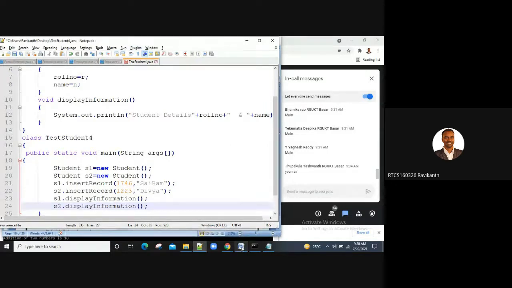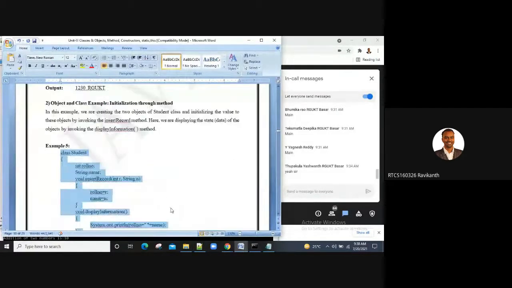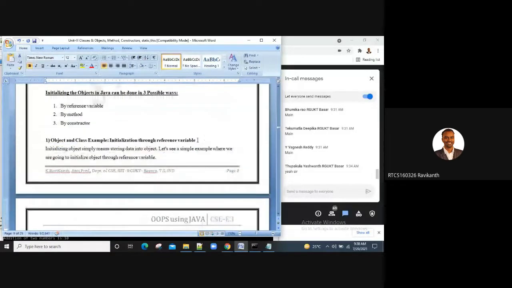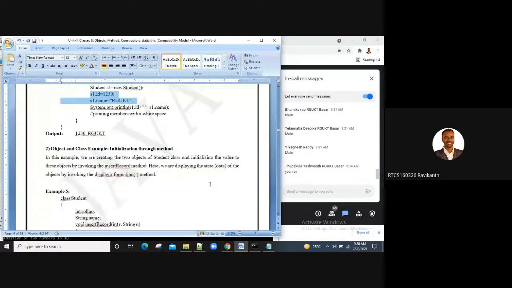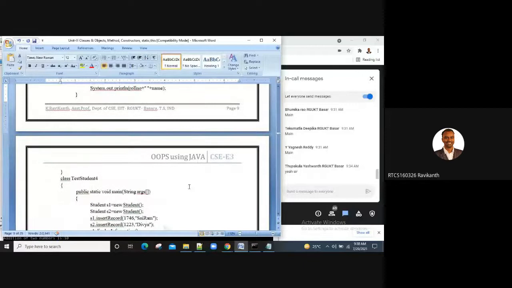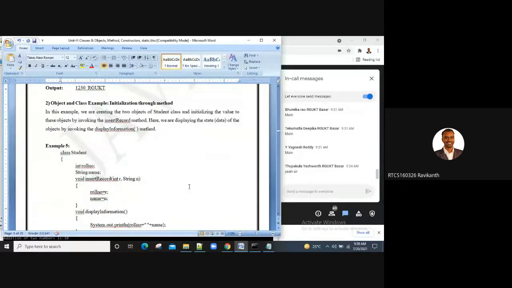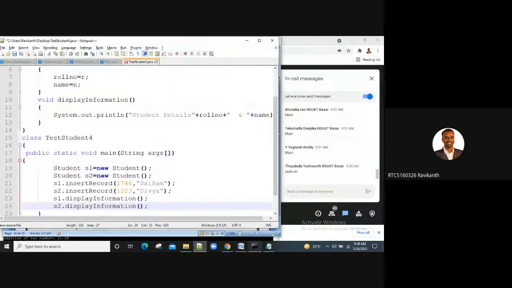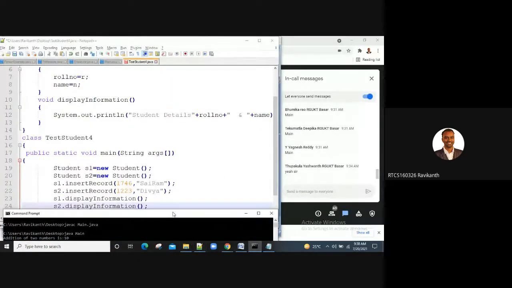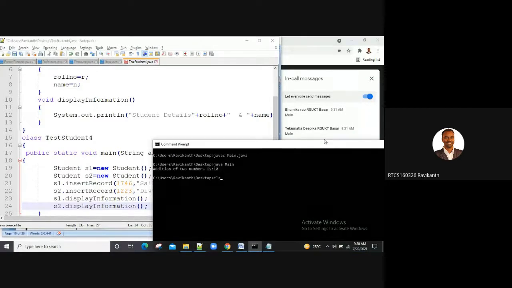So this is your second way, initializing through a method. The first thing was initializing through reference variable. Now it is initializing through method. Student code.java.